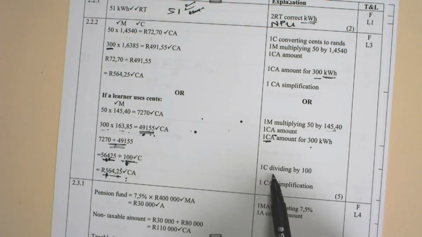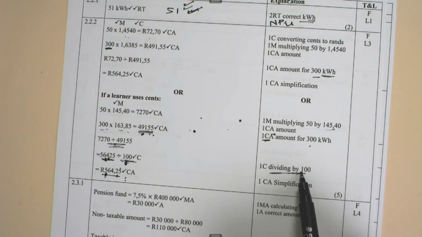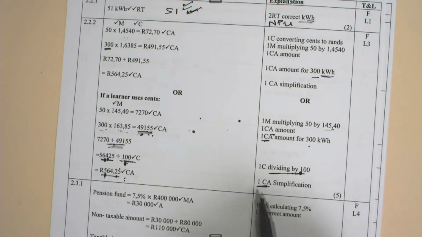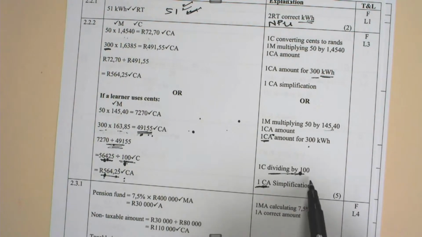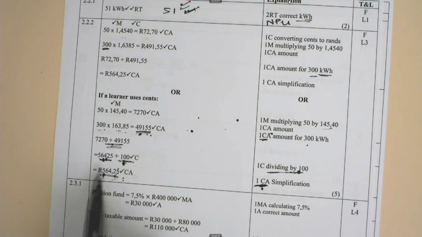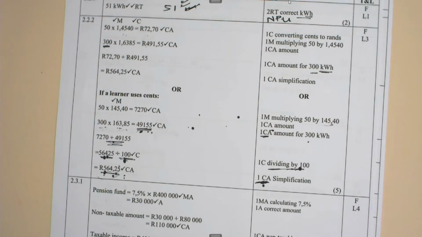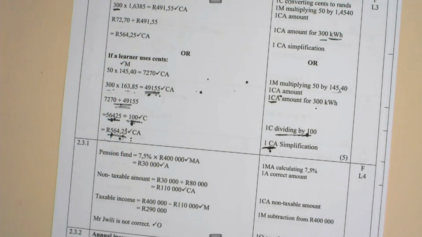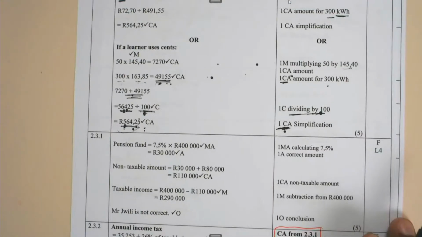And then for dividing by 100, in other words here, the learner will be converting from cents to rands. And then you see A, there's 1 mark for correct. Even if the learner leaves the answer in cents, the learner will forfeit the 1 mark for writing the answer, because the answer will be in cents, and the question says the answer should be in rands. So I think we understood that, colleagues. Let's move to